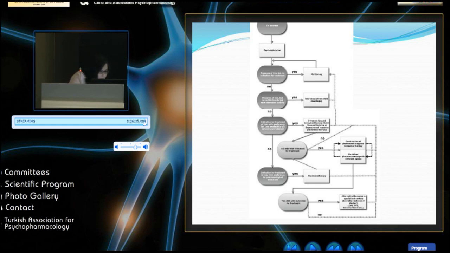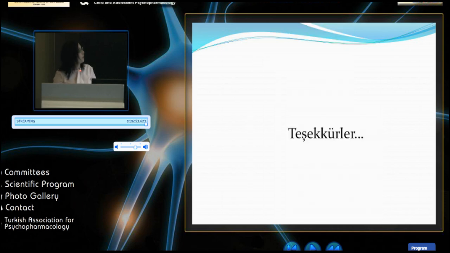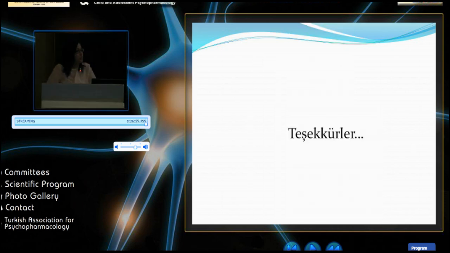I don't know if you can read it from here, but if there is availability, behavioral treatment should be provided, but if there is no availability, pharmacotherapy should be the first choice. But if everything is going well, monitoring should be continued, and if the other ones are not sufficient, then comorbidities should be also treated and alternative agents can be used. This is all about my